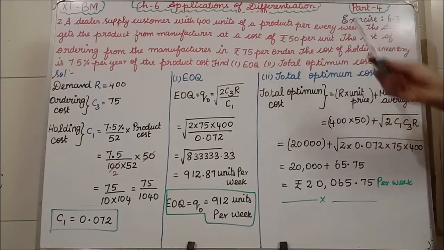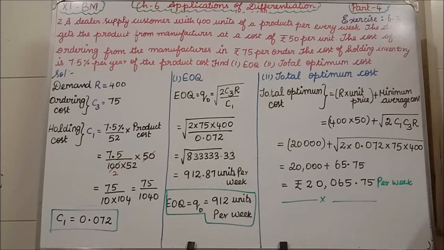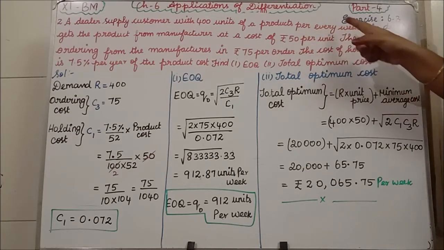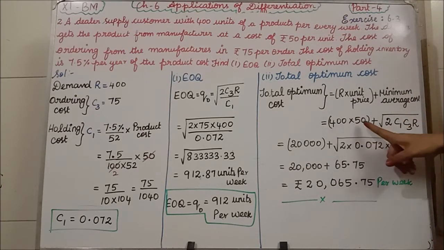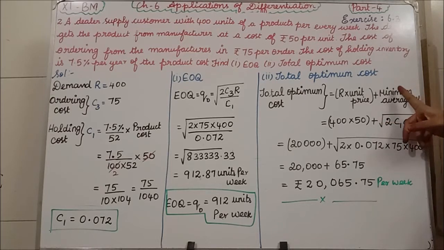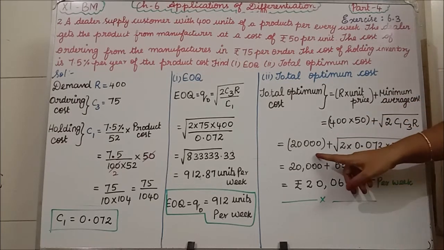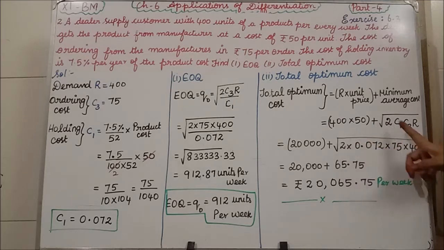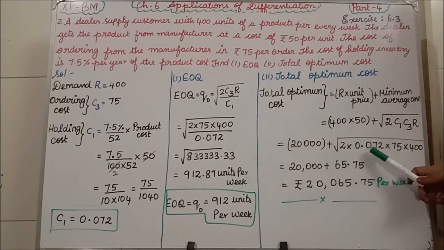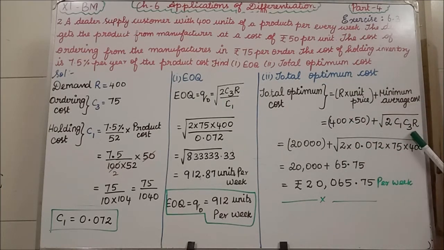R is 400, from the question. Unit price is what? Per unit how much they are charging? 50. So 400 into 50 plus the minimum average cost. What is the formula we have seen? Minimum average cost is equal to square root of 2 C1 C2 C3 R. We know the formula. So 400 into 50 is 20,000 plus